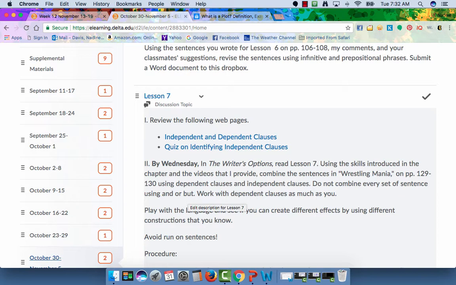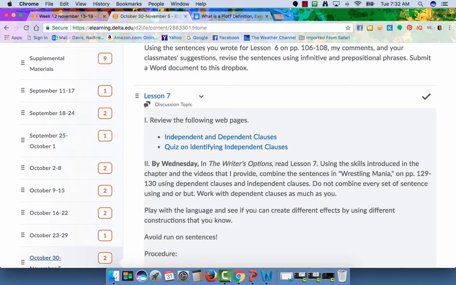And I want you to read Lesson 7, and I want you to combine the sentences in WrestleMania and use dependent and independent clauses. Now, a relative clause that we've studied is a dependent clause, so it might be something that you use. Now, the phrases we learned, participle phrases, infinitive phrases,